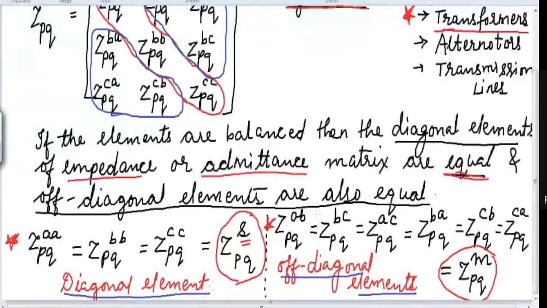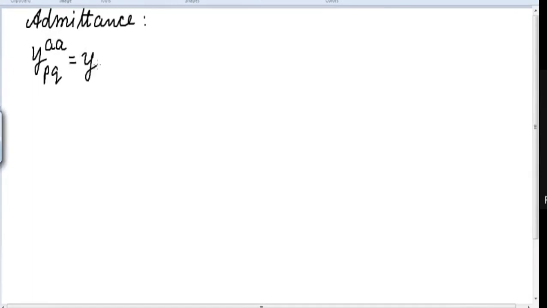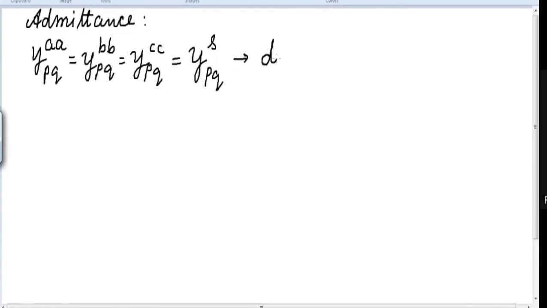So जैसे हमने अभी diagonal impedance के लिए लिखा, so similarly we can write for the admittance also. तो अगर मैं admittance के लिए लिखूं तो कैसे लिखेंगे हम? एडमिटेंस के लिए लिखेंगे इस तरीके से, YPQAA is equal to YPQBB is equal to YPQCC, and let us give this name as YPQS. So this will correspond to the diagonal elements,